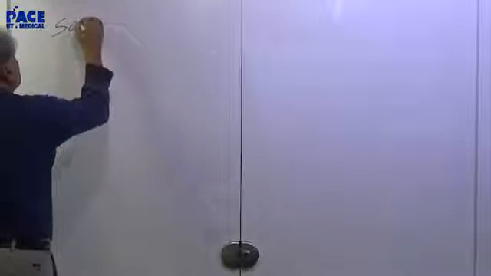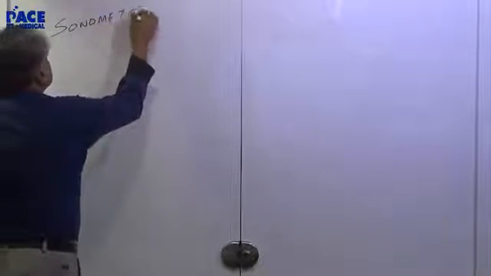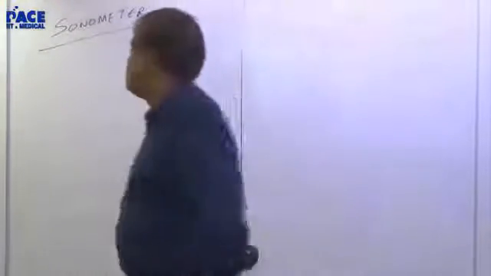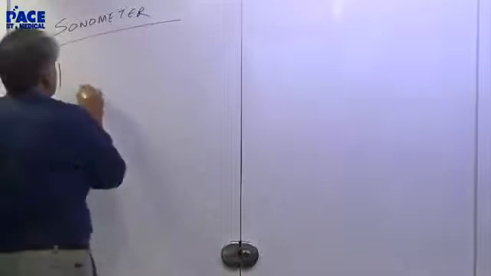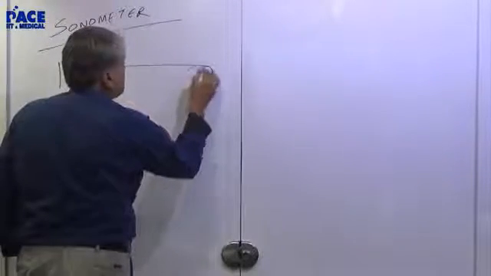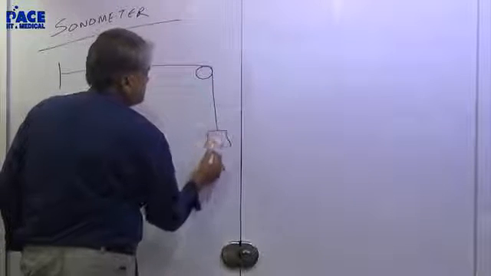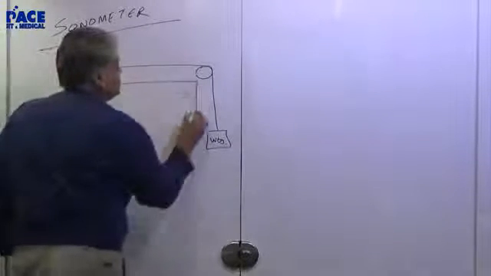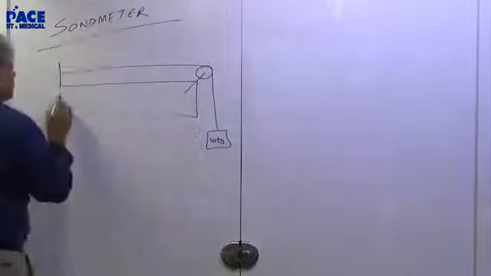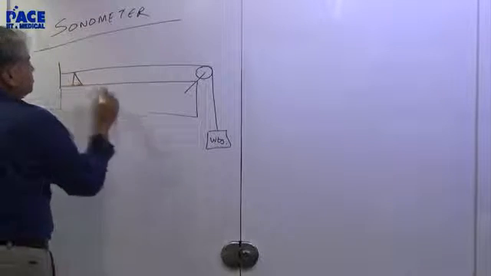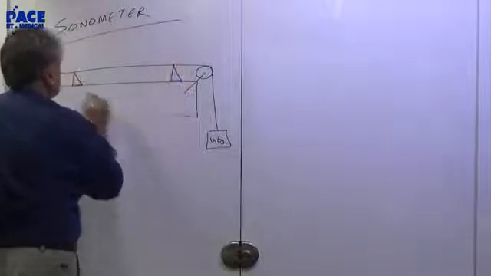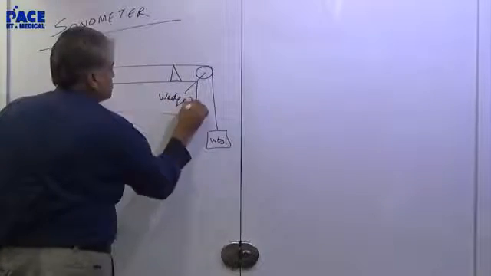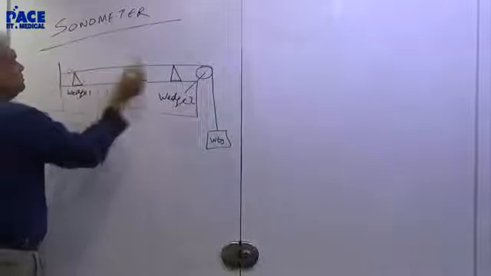Let's look at what we call a sonometer. That's a popular instrument in a physics lab. And what is this instrument? You have a wire which is tied to a pulley which is weighed down by some weights. And this pulley is on a board, and there are some wedges kept on this board. Wedge. So basically this will be very tight.